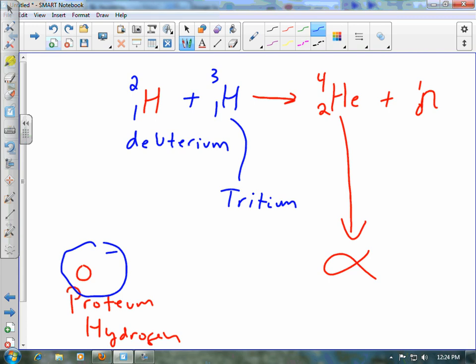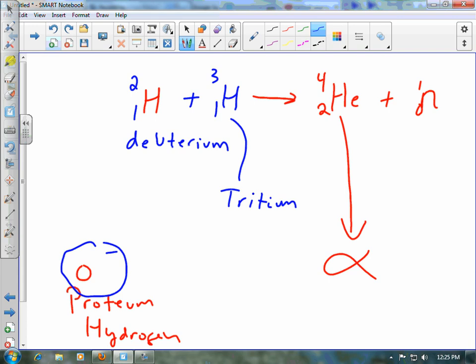So, anyway, what's the downside? First of all, it's very hard to do these reactions. The reason is because the electrical repulsion between the hydrogen nuclei is so strong that it takes very, very high temperatures or energies to get this to happen. So when you have to get gases or plasmas really hot to do these reactions, you're putting so much energy into it that it leaks out of the container into the environment before the reaction happens, so you end up being under unity, meaning you put more energy in than you got out. That is the main problem with fusion.